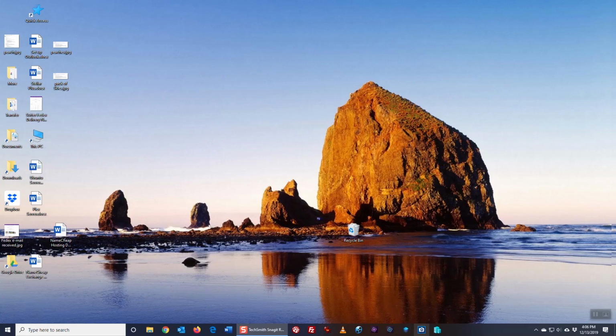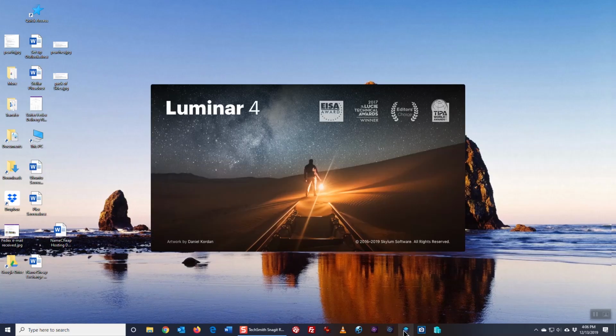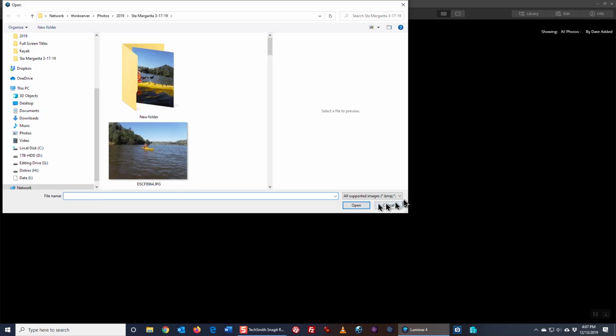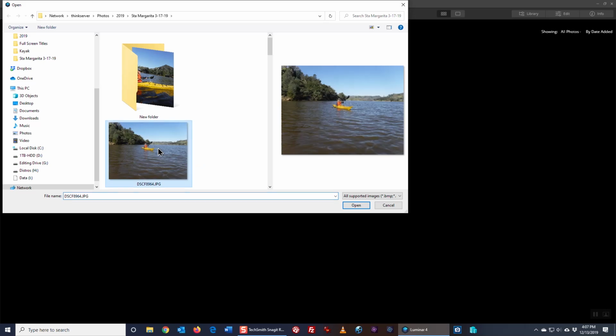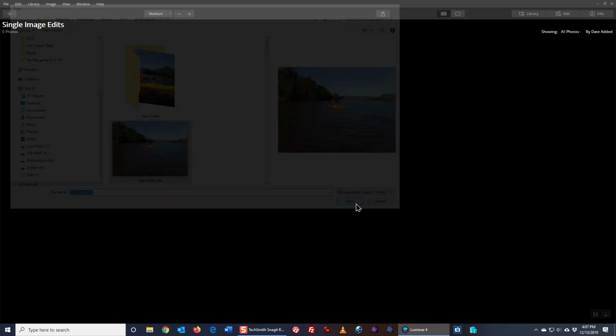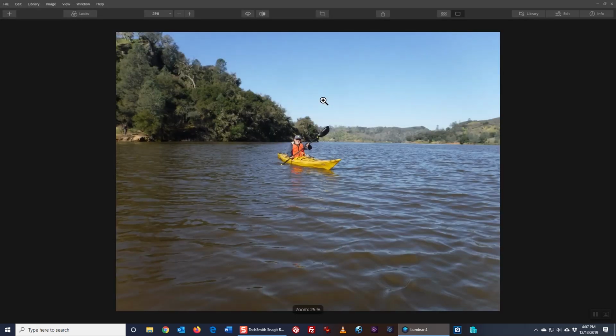So let me open up Luminar 4. And I'm going to edit a single image. So I'll click on the plus here, edit single image, and then bring up a single image. As you can see, the sky here is not too dramatic at all. I want to change that by using the California Sunsets